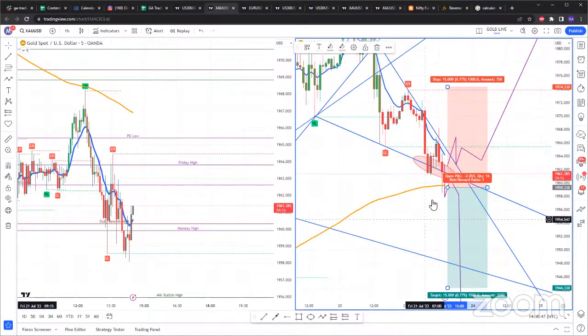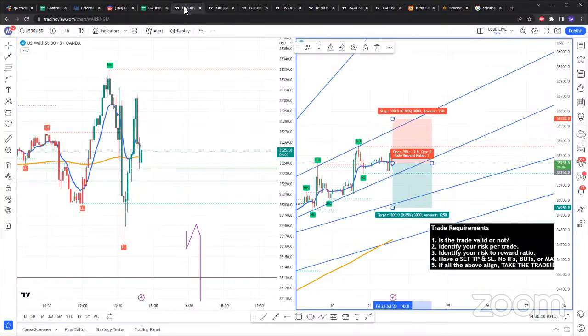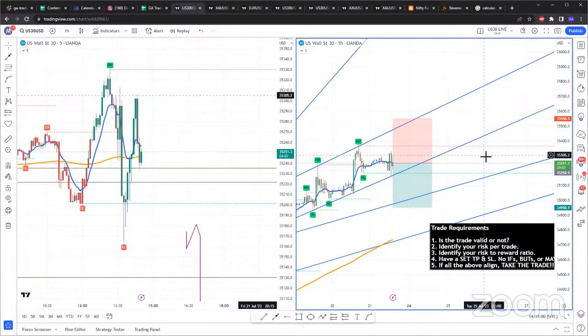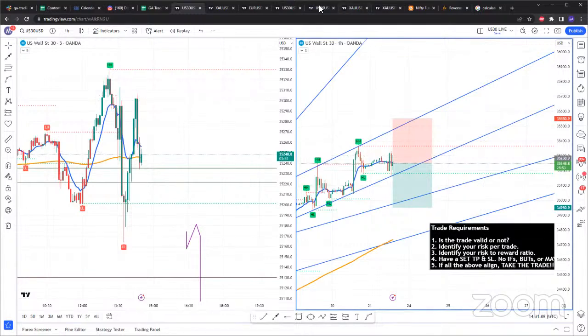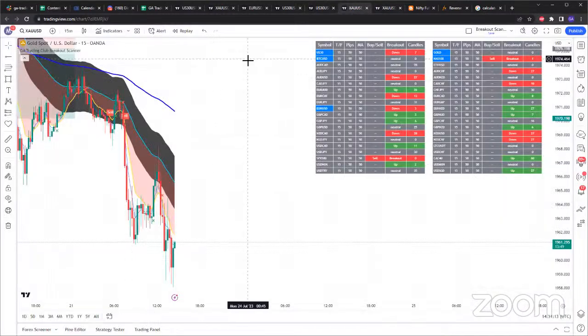So for me, even nowadays, the major thing is always, before I enter this trade, what is my probability? What is the probability of this trade hitting? So if I have like a 40% probability for a trade hitting, I'm not going to take that trade. So that's why nowadays I have to have like an 80, or let me say at least 70% probability that a trade will hit. So that's why nowadays I look for trades on the breakout scanner, on the crosses indicator,